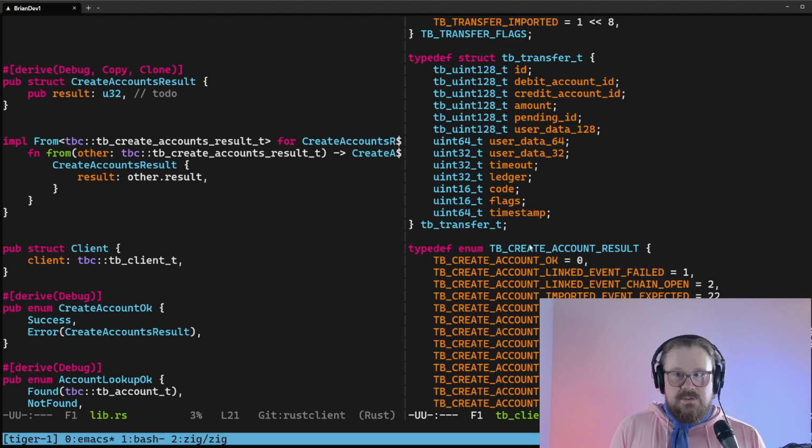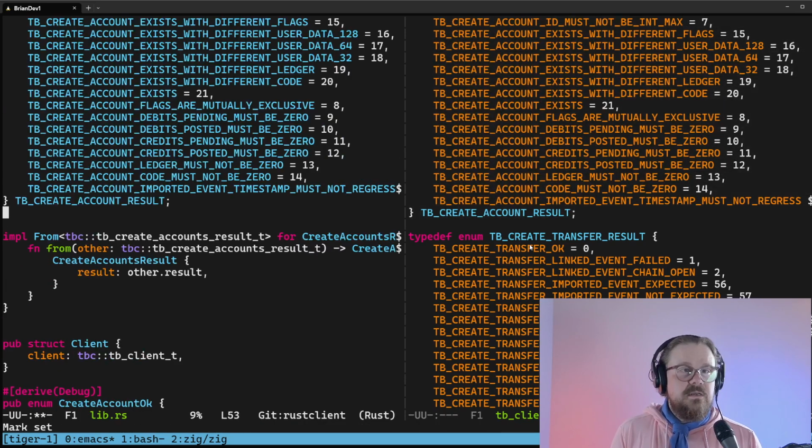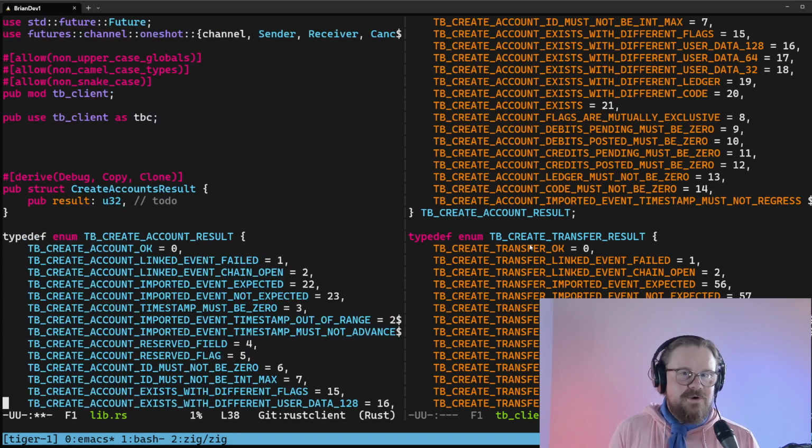And we need to duplicate this whole thing in Rust. And it looks like we got to do it by hand. So we're just going to copy paste the C syntax here, splat it up here. And we got to give all this stuff proper Rust naming. So we're going to say this is an enum, and it's going to be